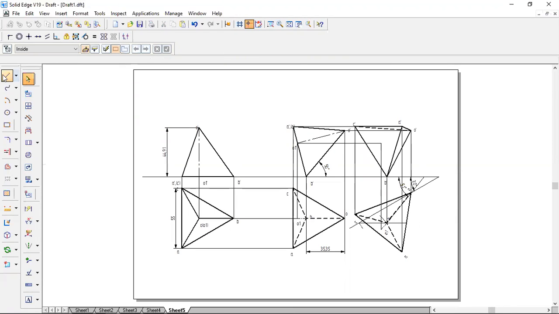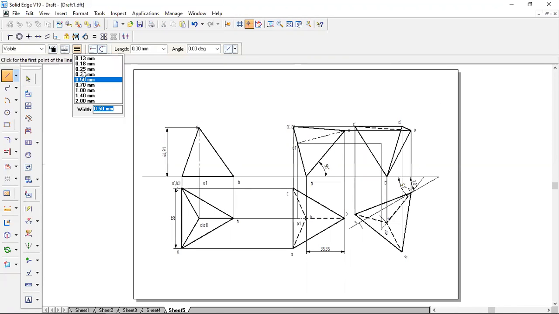Now the axis line with a 0.35 mm thickness, axis line representation, then from O dash to O1 dash. So this is how we finish the tetrahedron. In the tetrahedron, the only problem is finding the axis side, which you have already discussed in the beginning of this problem. Okay, so we'll go to the next sum.